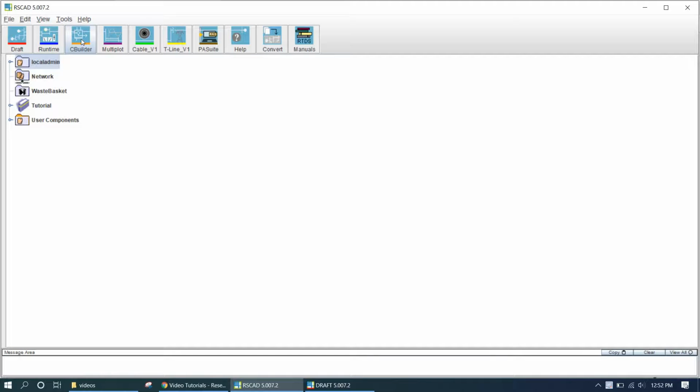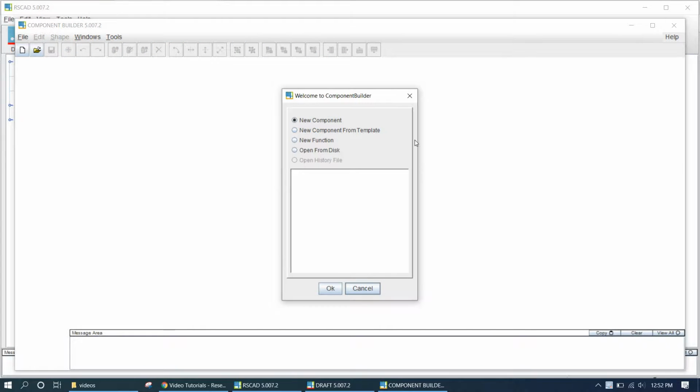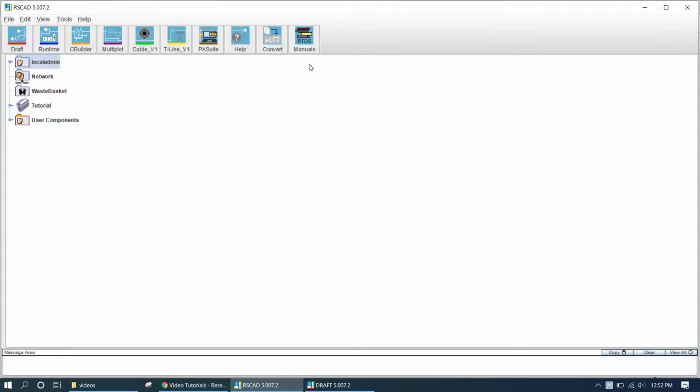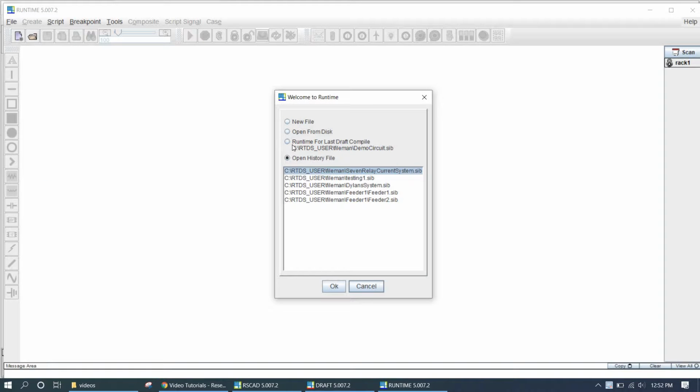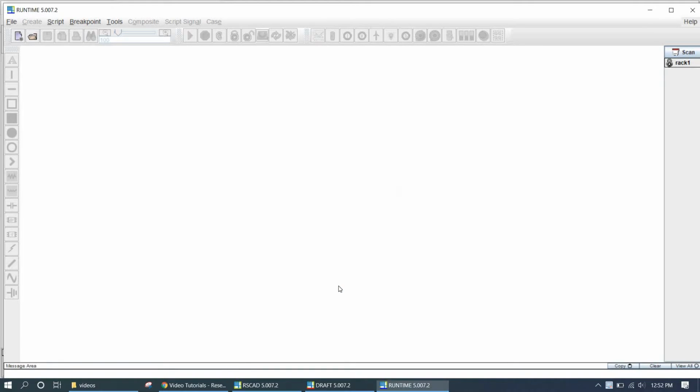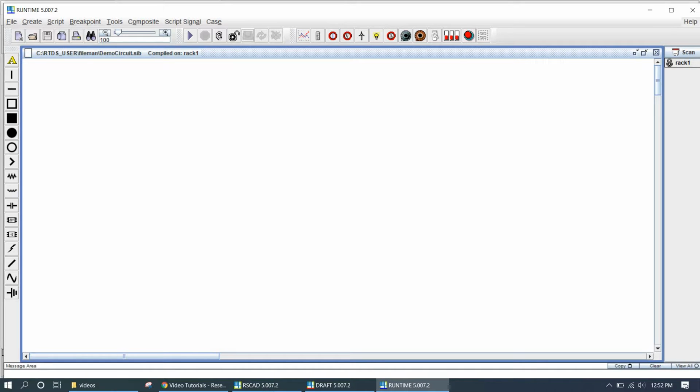So we need to go to C Builder, runtime, I'm sorry. And then the last compiled is our demo circuit, so that is the one that we want. Now, our demo circuit